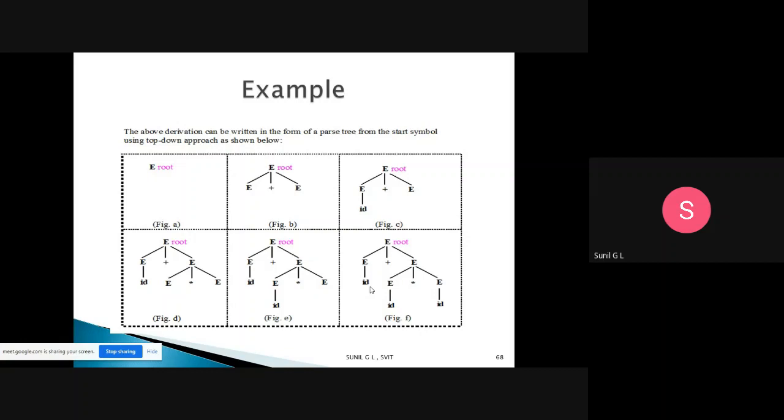So this one we will call a top down parser. From the root you are constructing a parse tree down to the leaves. So we are constructing a parse tree from root to leaves, and that we call a top down approach. When you are using a top down approach, obviously you are using leftmost derivation, not rightmost. Please concentrate. You are using leftmost derivation when you are using a top down parser. If they ask you to write the parser using a top down approach, it means if you use the leftmost derivation, that is enough.